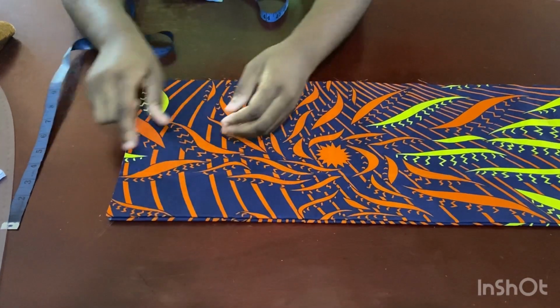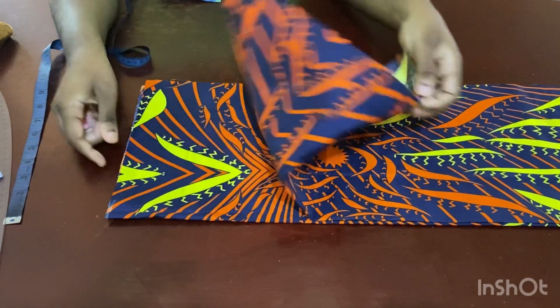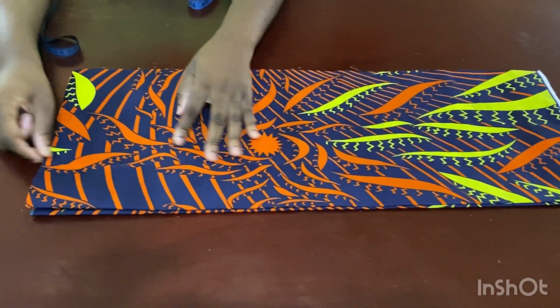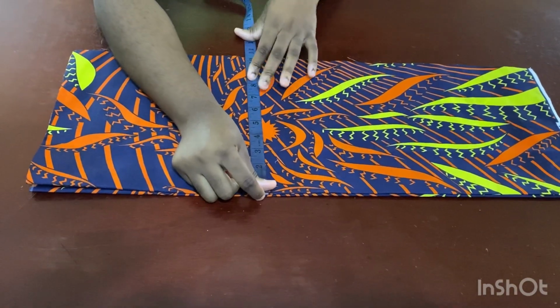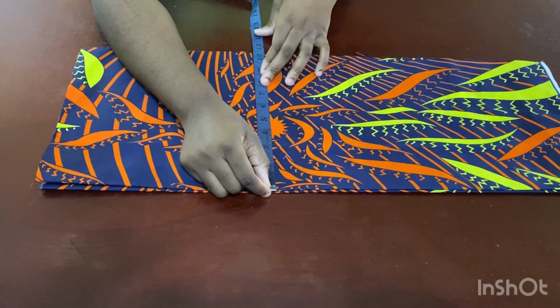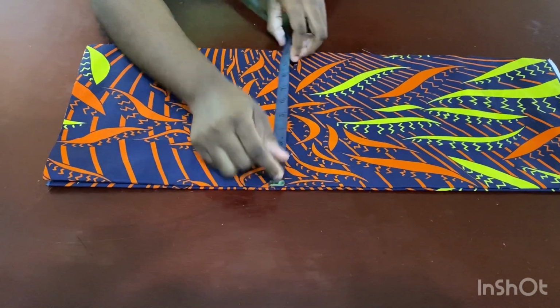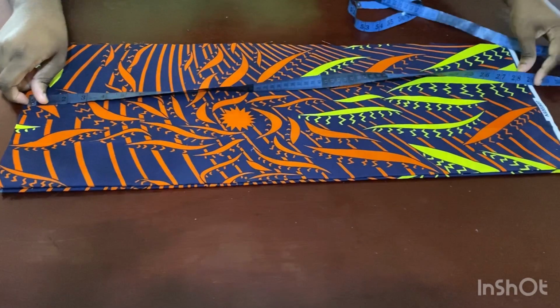As you can see here, I have my fabrics folded into two. This one is folded into two, this second one is also folded into two, because I'm cutting both the front and the back together. The width I have here is basically his chest measurement divided by 4, and then I added about an extra 3 inches to it, or you can do an extra 2.5. It depends on you. And then I also have the length of the top here. The length I have here is about